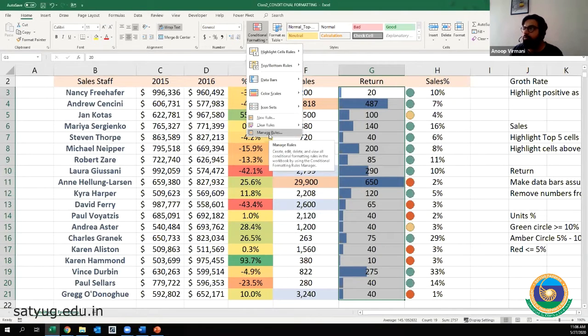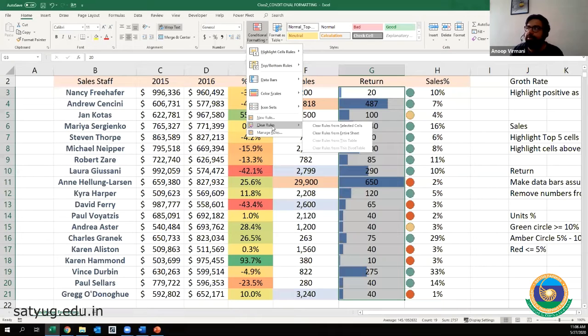There is two different things. Clear rules we did for clearing it, manage rules we did for managing as per our requirement. Now whatever you put in from here or from here, it is all as per Excel's default understanding. So Excel will do it the way it understands in a default manner.